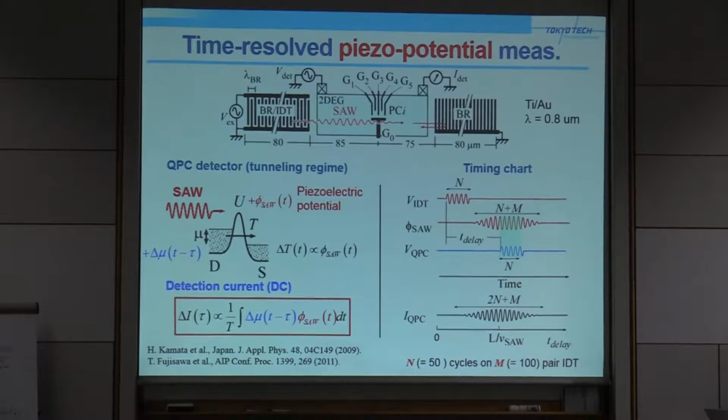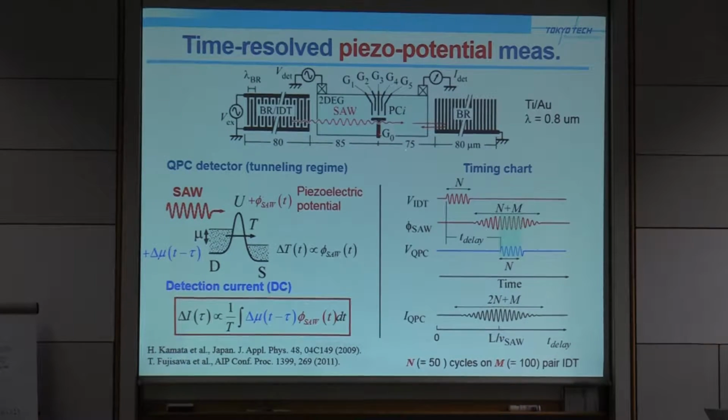Okay. So we also developed a technique to measure the piezoelectric potential inside the cavity by using a quantum point contact. We have, again, two Bragg reflectors, but these are well separated, by maybe 150 micrometer or something. The left Bragg reflector is shared with the interdigital transducer to launch the surface acoustic wave burst wave. This burst wave goes back and forth between these Bragg reflectors, which can be probed by the point contact